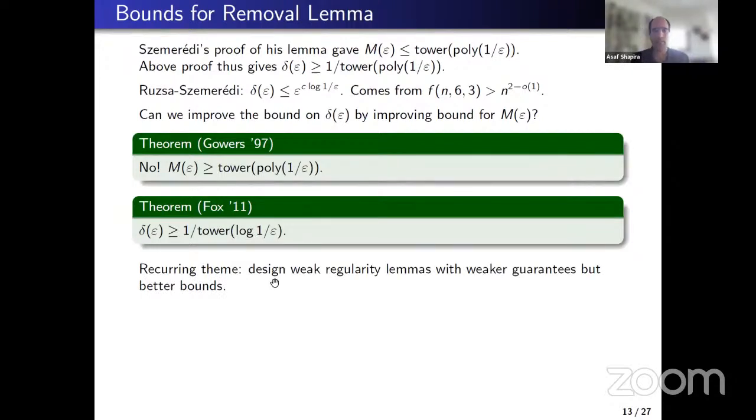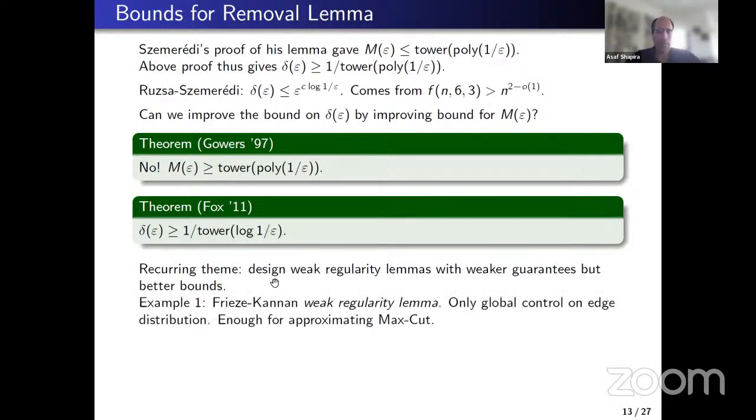What do we mean by weak? I mean that their guarantees are weaker than the guarantees of the full-fledged regularity lemma, but what we gain is that the bounds are much better. Instead of being tower, perhaps they are only exponential, and perhaps the best known example is the Frieze-Kannan weak regularity lemma,